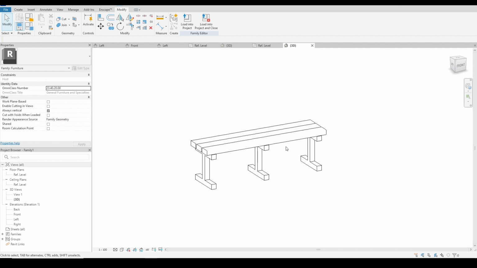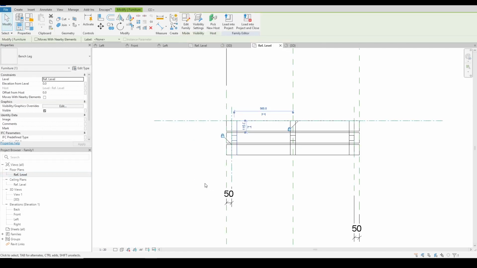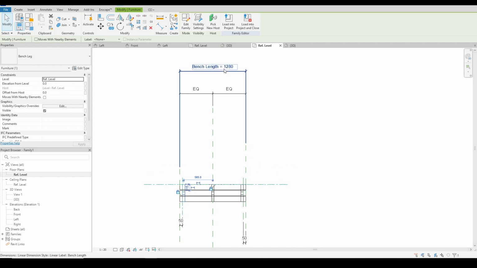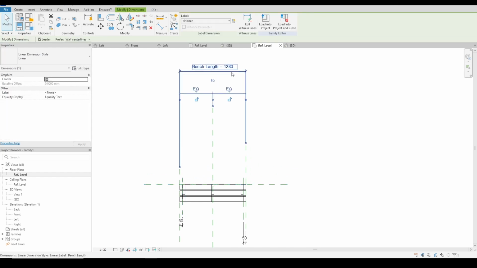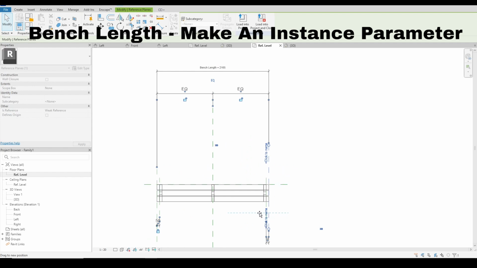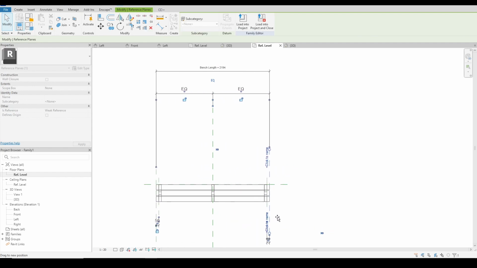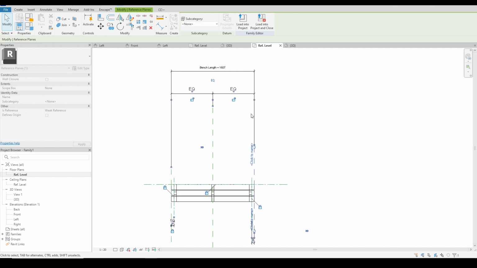Okay, so I've modeled up geometry for the slats and I have my legs here as nested components. So a family within a family. And if you look at the plan view here, we've got a parameter that drives our bench length, which is an instance parameter. So we want to have that ability so when it drags to any length,